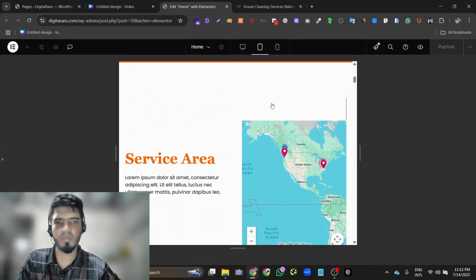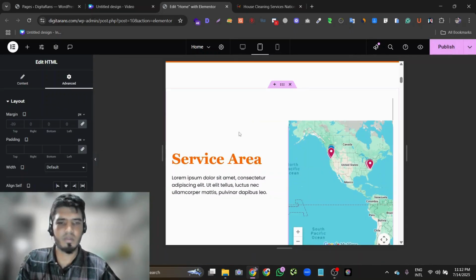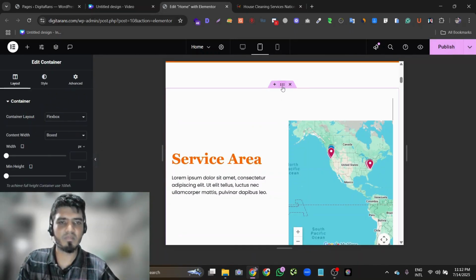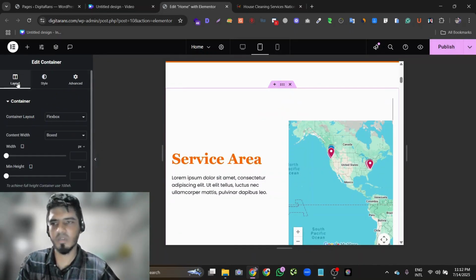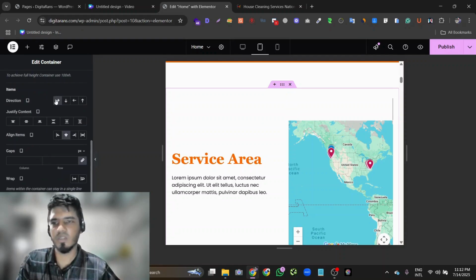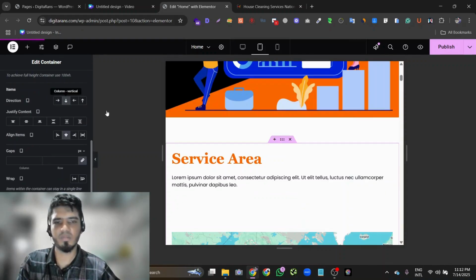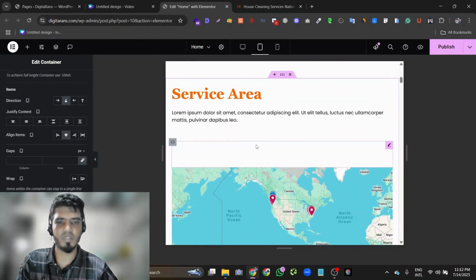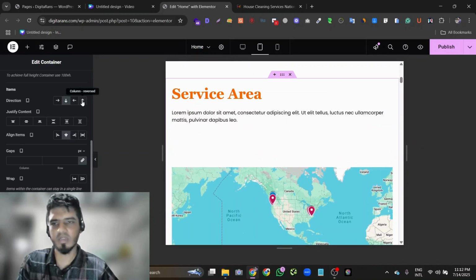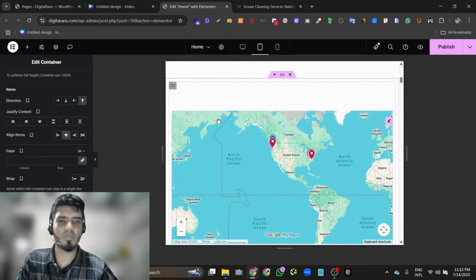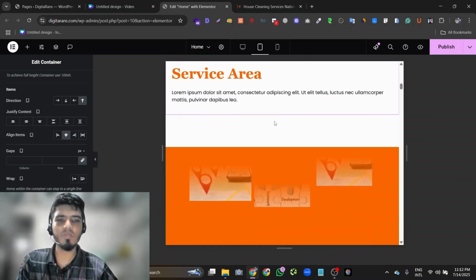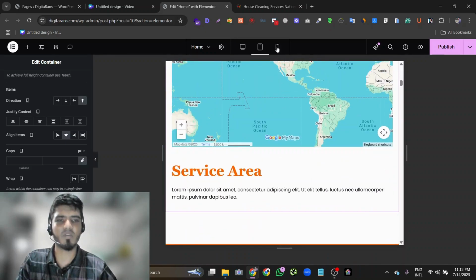So I open editing mode, select the parent container section, and from Layout I set the direction to vertical. As you can see, if you would like to bring the map to the top, you select reversed, and the map is at the top. This is how you make it responsive for tablet. And if I go to the mobile version